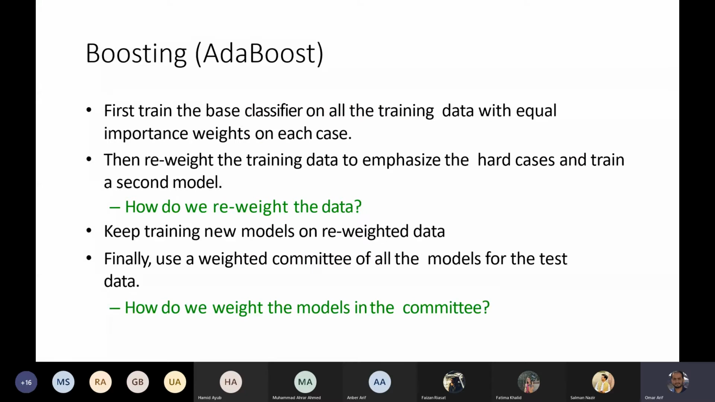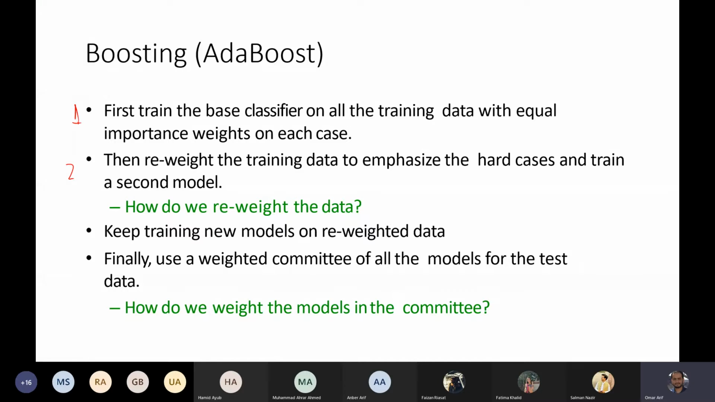First, these are the steps. The first step is to train the base classifier on all the training data with equal importance weight on each case. So if you have, let's say, 10 examples, each one of those will have equal weight. Just like before, we are going to train a classifier. Then in the next step, we are going to reweight the training data to emphasize the hard cases and train a second model. ठीक है, तो